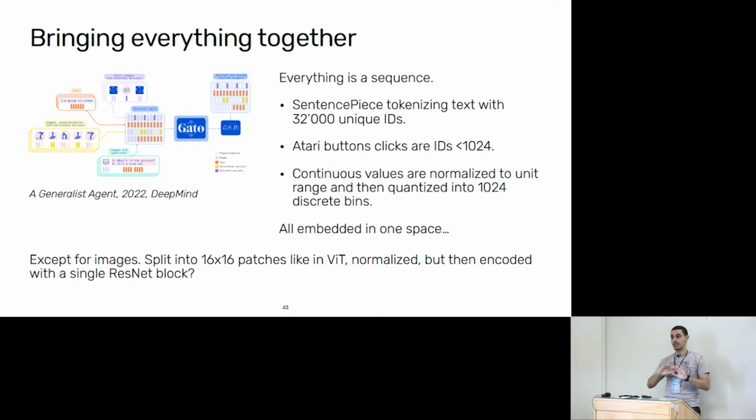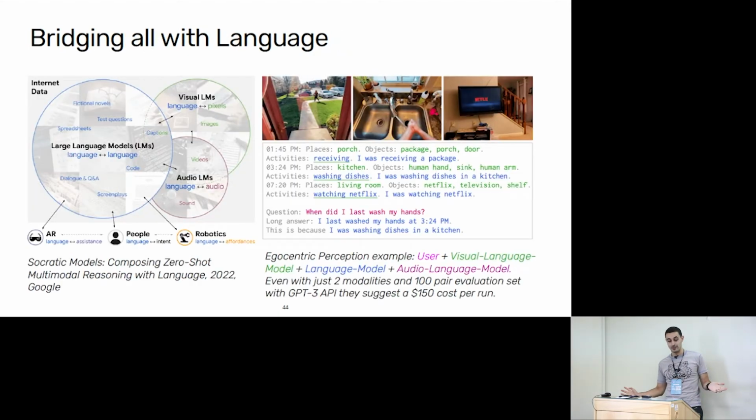So essentially almost every modality that there is, like continuous values, games, and text, goes through the text encoder, somewhat tuned. But everything that is visual is a bit weird because it goes through a different mechanism. They split them into patches like ViT, 16 by 16 pixels. They normalize them in a weird way, but then they do not pass it into a ViT. They pass it into a ResNet block. I guess for efficiency purposes, but with models like this, it's hardly efficient.